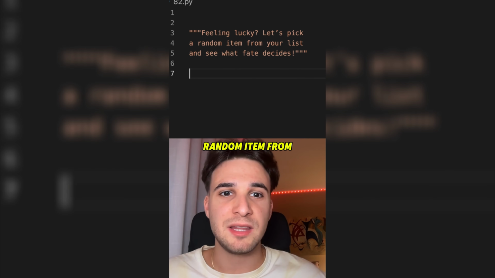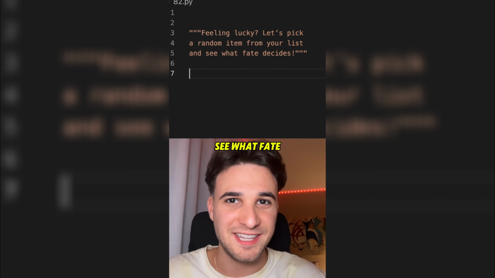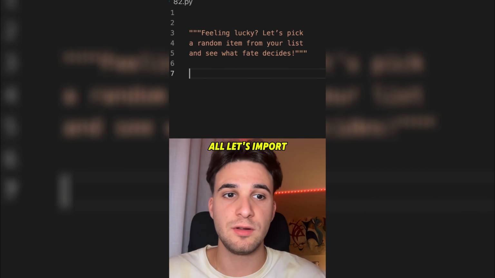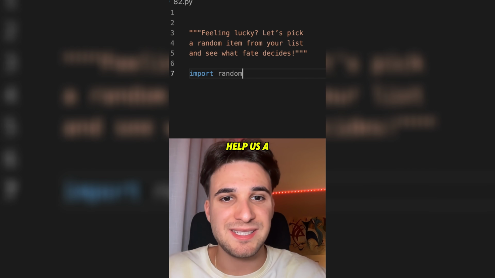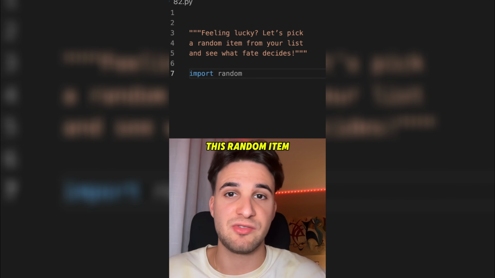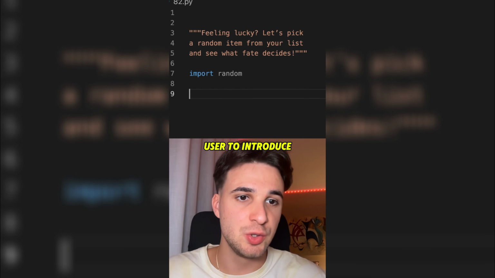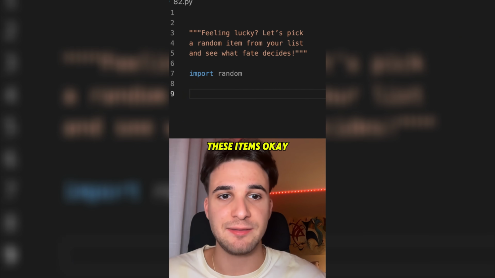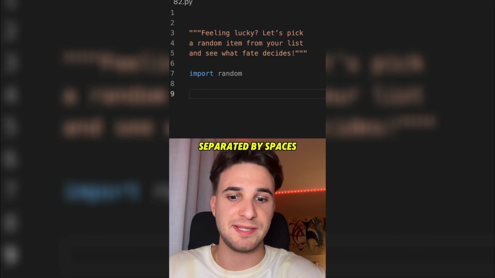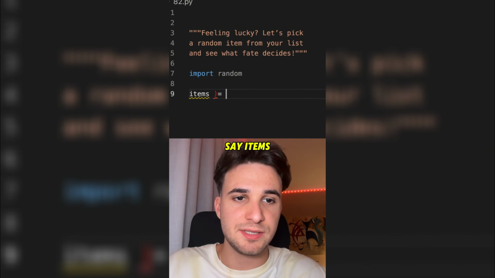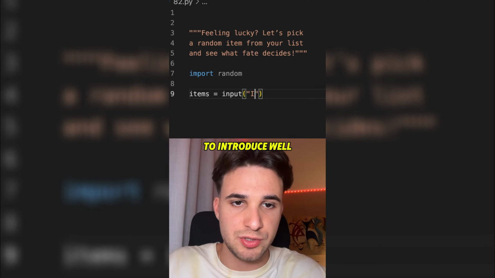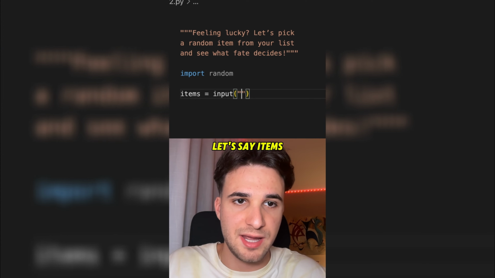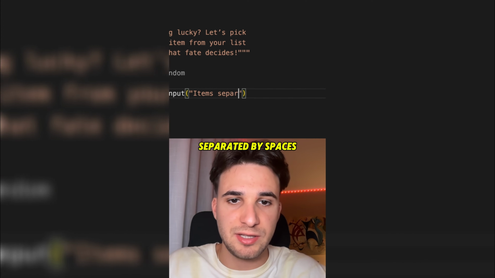Feeling lucky? Let's pick a random item from your list and see what fate decides. Let's go. So first of all, let's import this module, which is called random, that is gonna help us a lot when we have to pick this random item. Now we are gonna ask the user to introduce these items, separated by spaces. So I'm gonna say items is an input, asking the user to introduce, for example, items separated